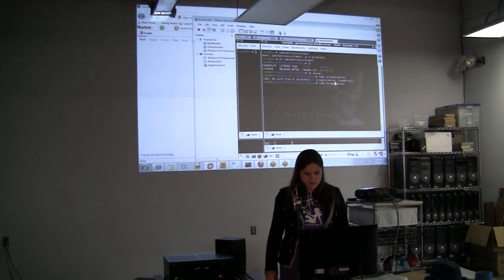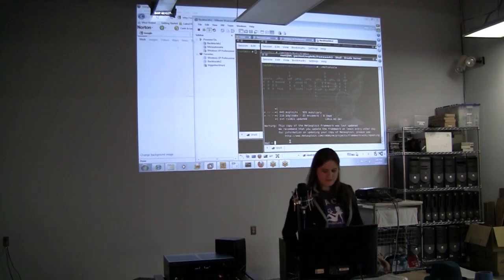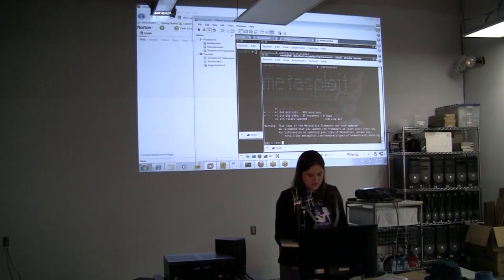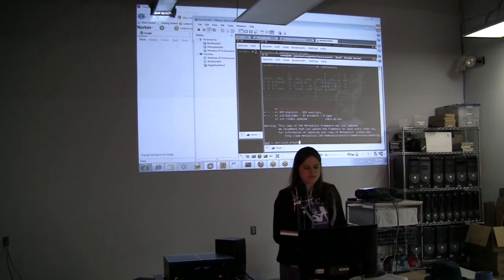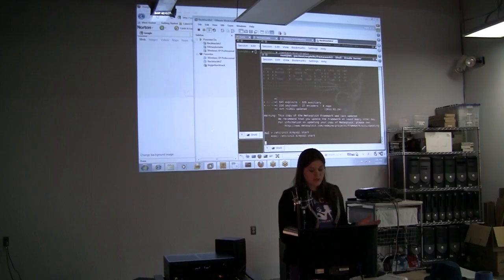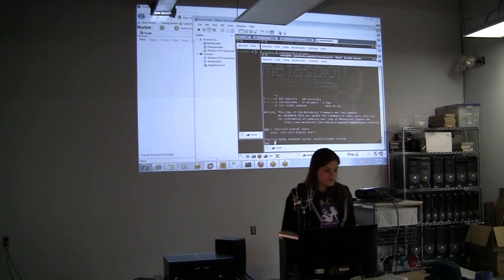So we started up Metasploit console. Everybody with me now? Okay. My MySQL is already started, but if yours is not, it's /etc/init.d/mysql. These are all already built into BackTrack. mysql start. It's going to tell me it's already started. The database is already running. If yours is not, it'll start it for you, and then we're ready to use it.